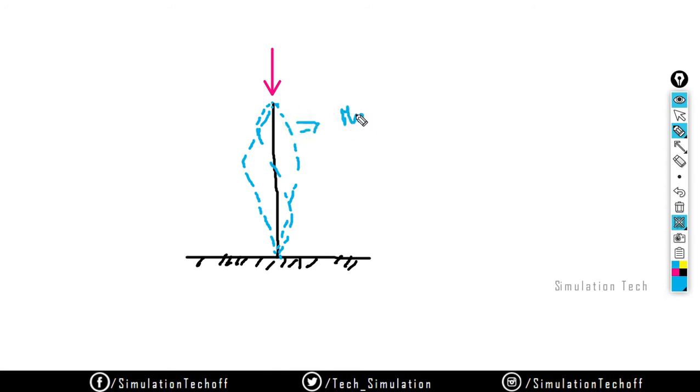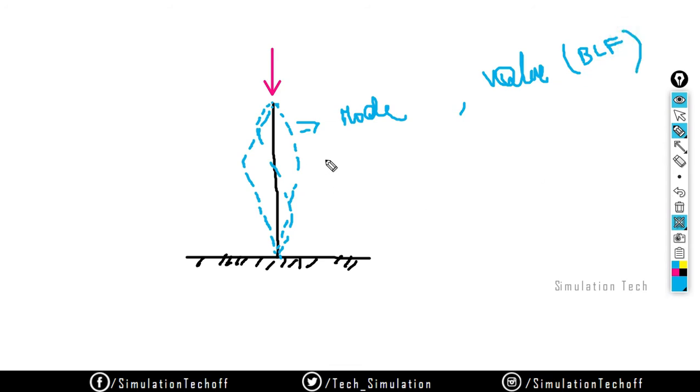Already we performed an analysis called free run, right? In that analysis we requested different mode shapes, like 10 mode shapes, 20 mode shapes. Like here also we requested mode shapes, that is, the different configurations. For each and every mode shape there is a value called the buckling load factor, BLF.